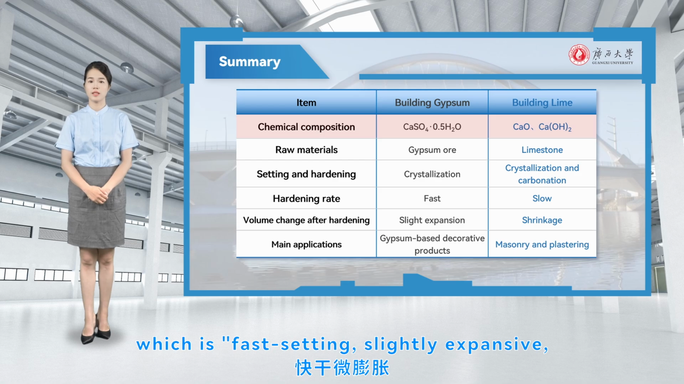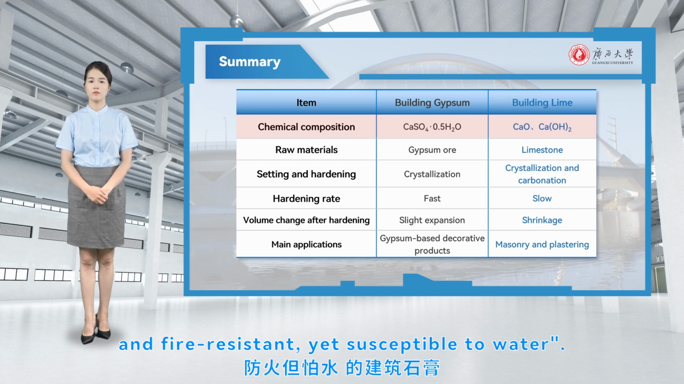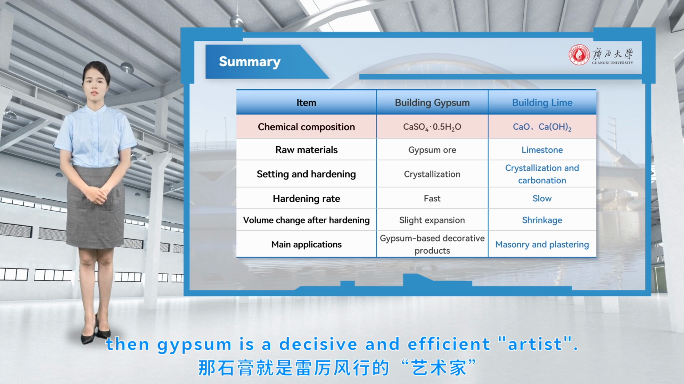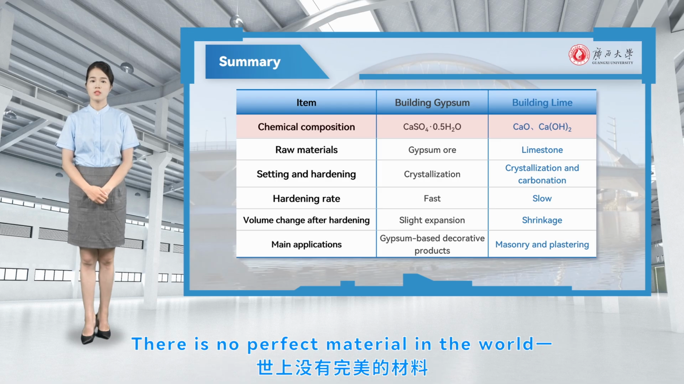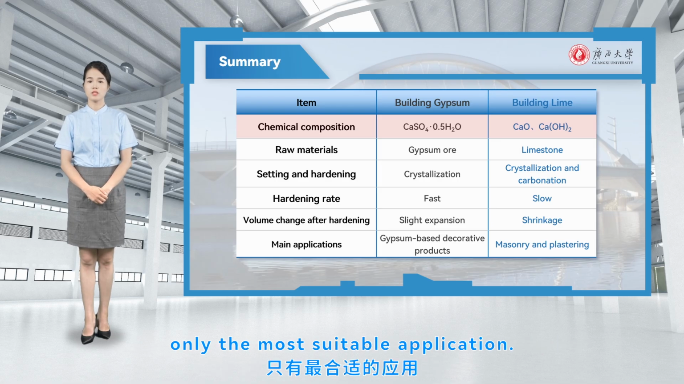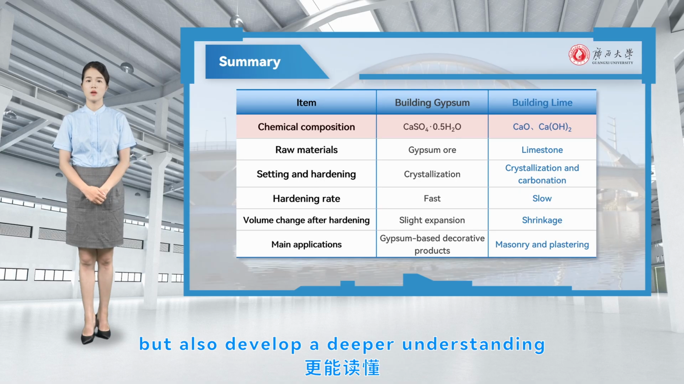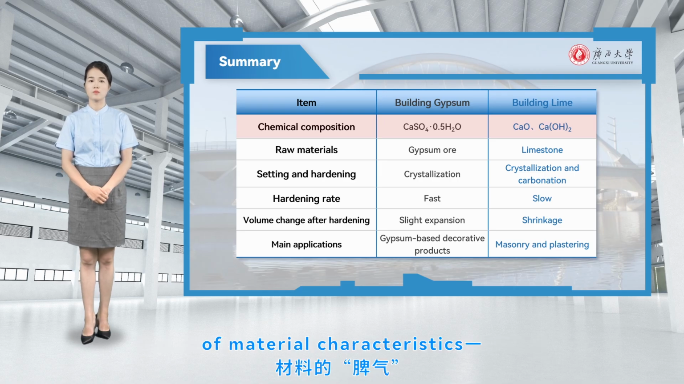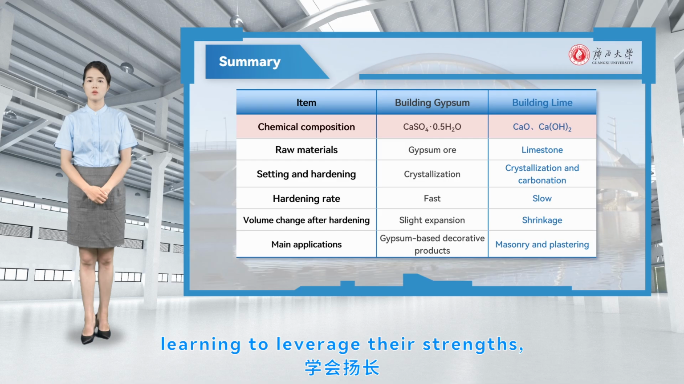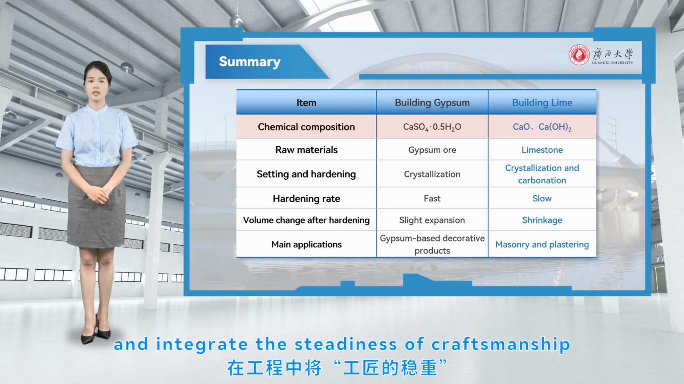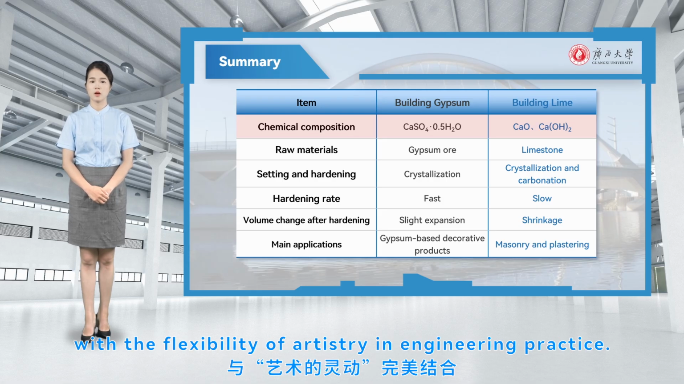In this lesson, we have learned about building gypsum, which is fast-setting, slightly expansive, and fire-resistant, yet susceptible to water. If lime can be seen as a slow and steady old craftsman, then gypsum is a decisive and efficient artist. There is no perfect material in the world, only the most suitable application. It is hoped that you will not only remember these parameters, but also develop a deeper understanding of material characteristics, learning to leverage their strengths, avoid their weaknesses, and integrate the steadiness of craftsmanship with the flexibility of artistry in